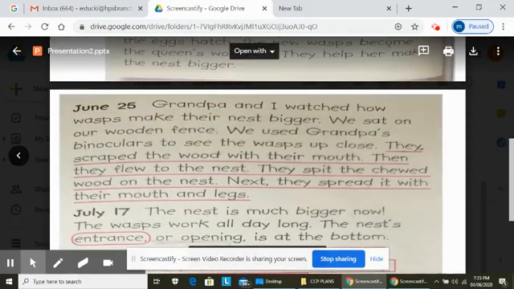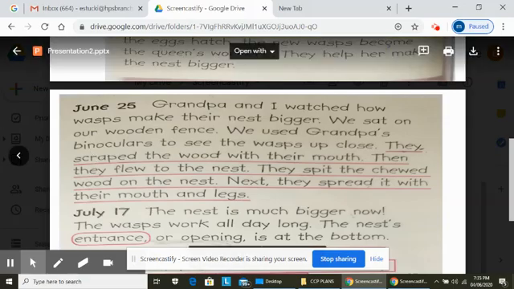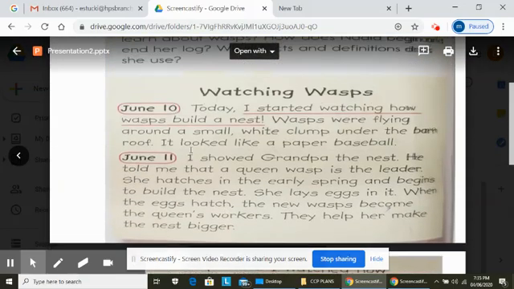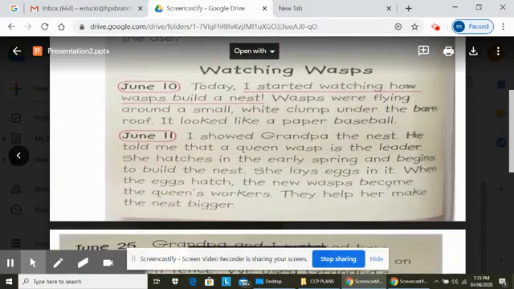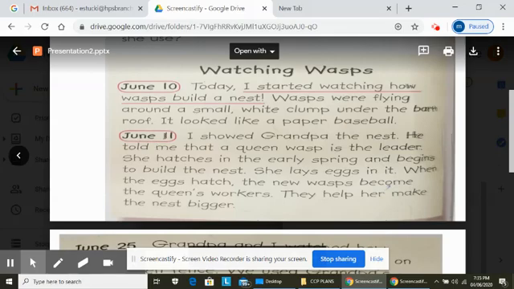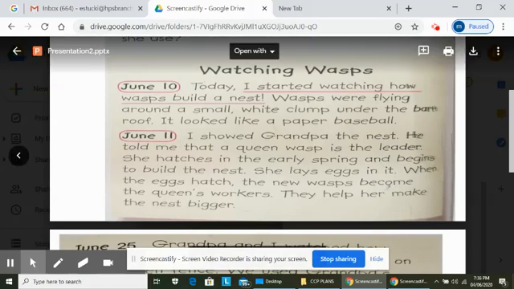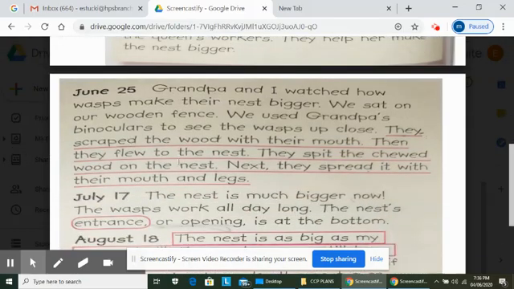Right, I want you to go back. You can go to the green side, as I always say, on your book. And let's see this one first. I think we covered most of it though. We said tell when Nadia watched the wasps. Now we circled the dates. That tells you when she watched the wasps on this page. Right, let's move on to the next page and go to your right side where we have the green